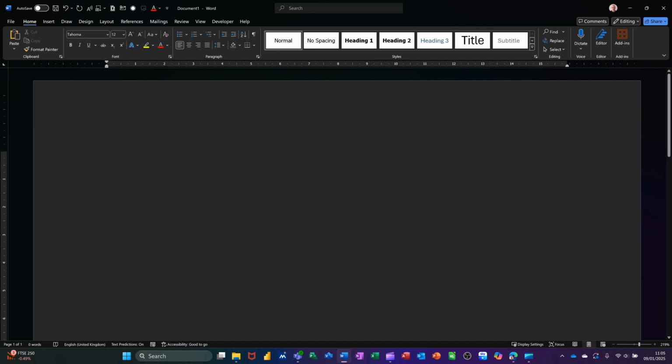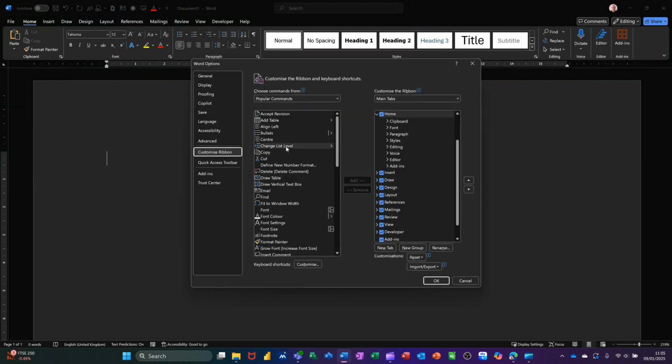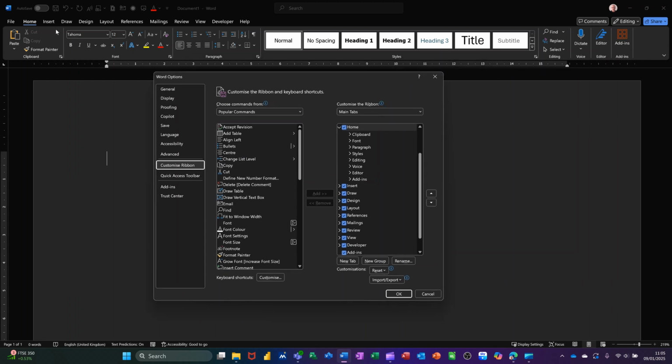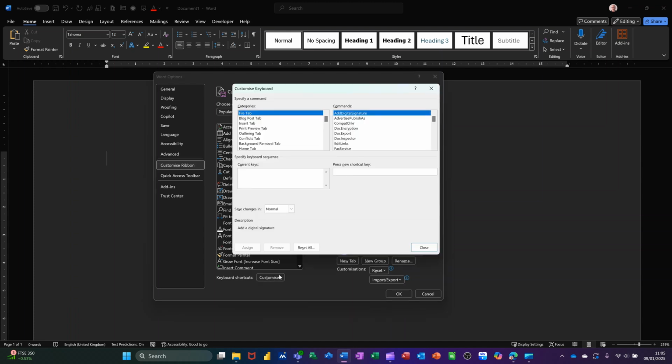So how do I allocate my own shortcuts? You need to go up to any tab on the ribbon, right click and select Customize Ribbon. We're not actually selecting any options on the ribbon, but it gives you this Word options feature. Now we could have done file and options to get here as well. We just need to be on this part of it though, customize ribbon, because this at the bottom is where the shortcut commands are. So you click on customize,